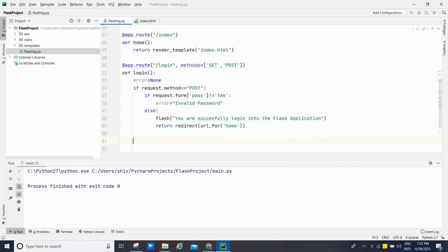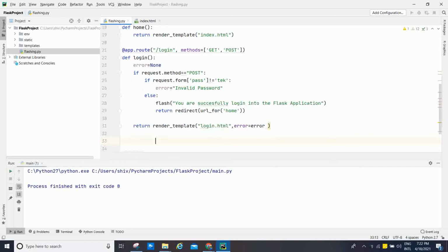Otherwise return render_template and going to give you the same page, that is the login page, and the error is going to display as error. login.html and error equal to error, okay, and after that,